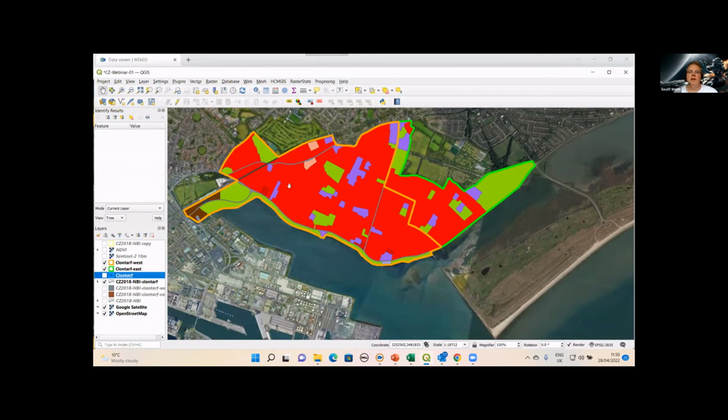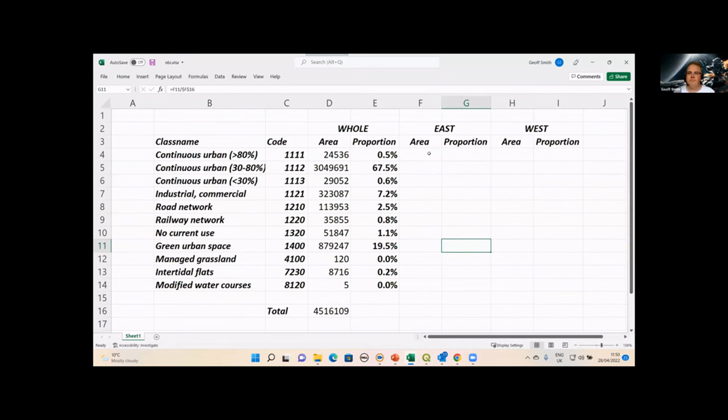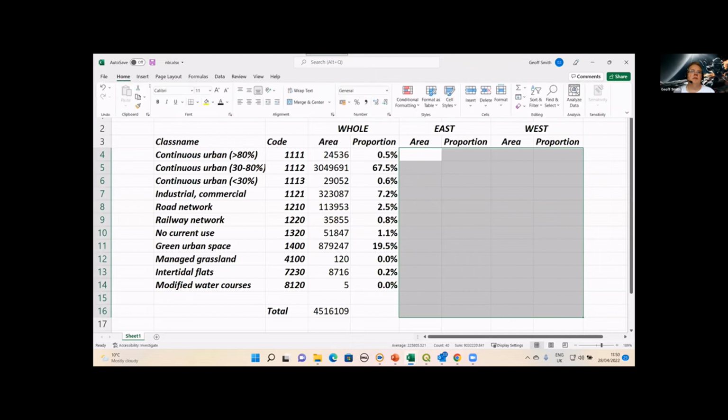So we can see what area here is potentially exposed to waves directly hitting the shore, and what area here is effectively protected by the presence of North Bull Island. And of course, we could do that same analysis that we did with the group stats again for each of those sub areas of Clontarf East and West. I've already done that, and I've copied over the values into this table. If I just highlight those again now,